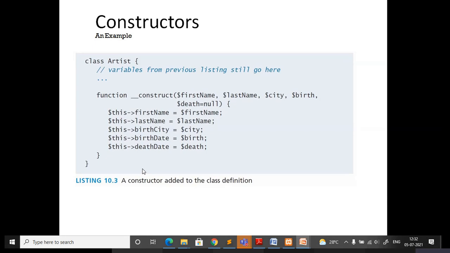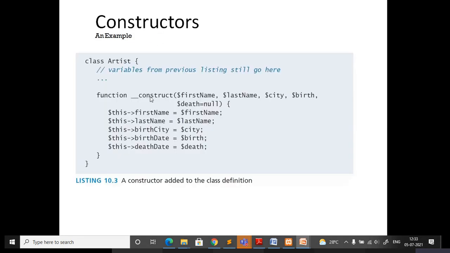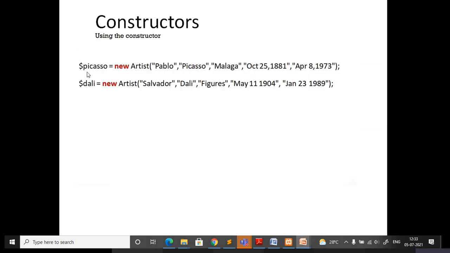Okay, so that is how you need to create the constructor. This is mainly for initializing the properties, that's all, nothing else. This is how you need to invoke the constructor. You are not going to use the constructor name for invoking the constructors. Whenever an object is created, the instance of the object is created, automatically it will invoke this function and it will initialize all this. Okay, that much you should know at least.